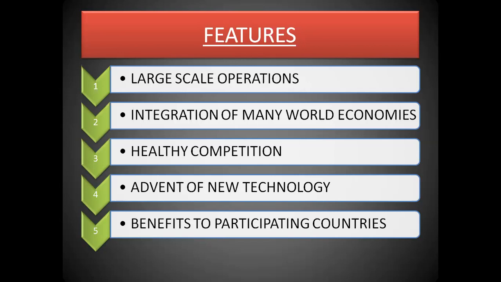And the next very important feature of international business is healthy competition. We all know that there is healthy competition when there are more and more sellers in the market. Because if there is only one person, the monopoly will be there, and he won't be very efficient in the production. Also, he will try to manipulate the consumers. He will try to exploit the consumers. So it is always better to have a healthy competition, because in that case you will not be exploiting the consumers. आप ज़्यादा ना तो price charge कर सकते हो, ना ही आप अपनी quality के standards को degrade कर